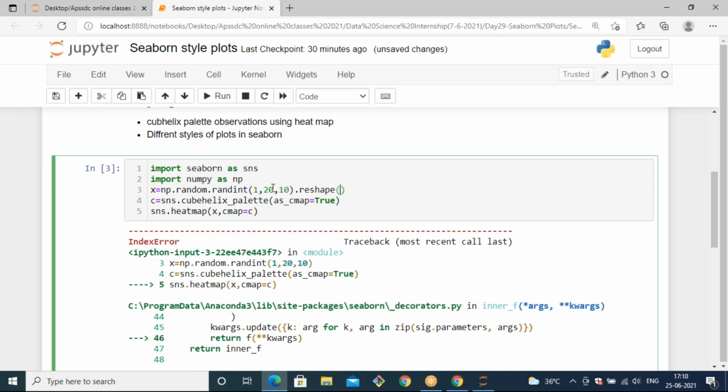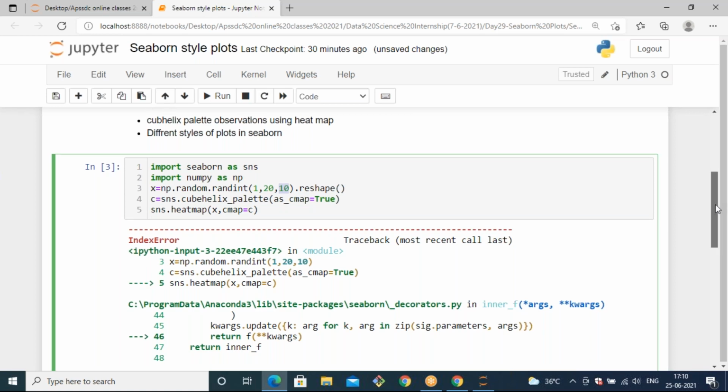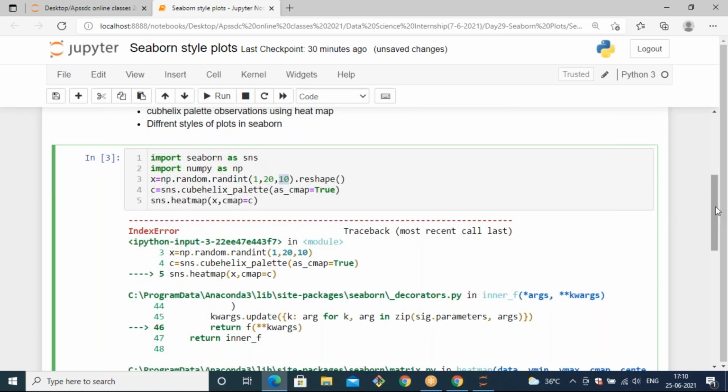Totally we have 10 elements. You can reshape it with the factors of 10. So you can reshape like 5 rows and 2 columns, 2 rows and 5 columns, as well as 10 rows and a single column, and also a single row and 10 columns. So I am just using 2, 5 to reshape these values.